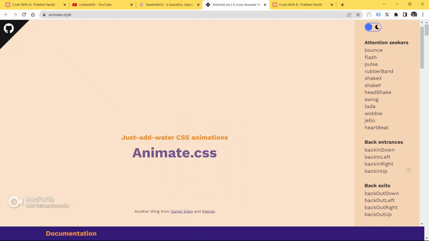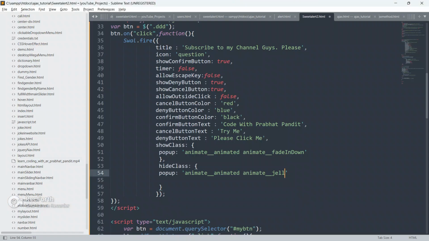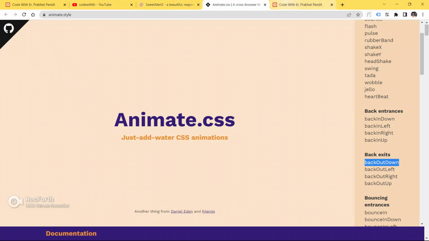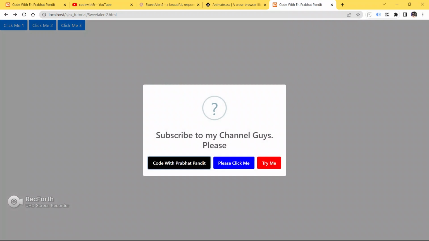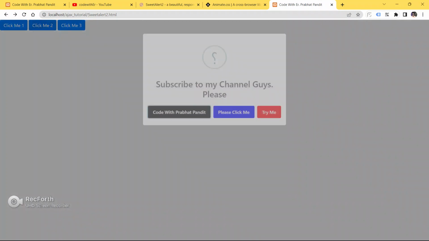So let's try some other stuff. Copy this and paste it here. Save your code, go to the browser and refresh your page. Click on the second button now. See, it is coming from top. Cancel, click on try me.